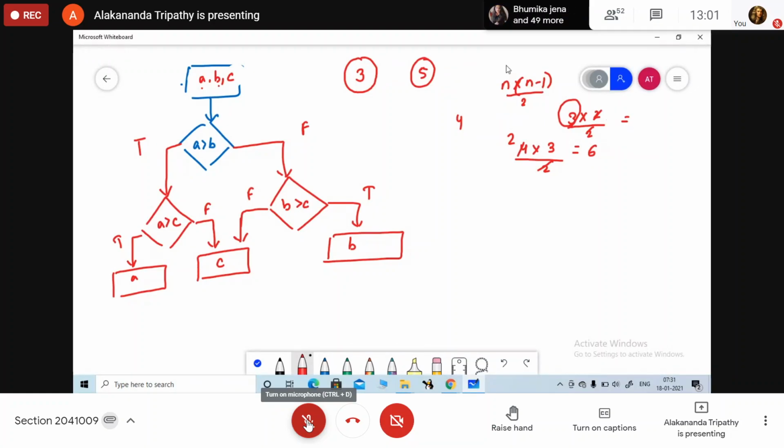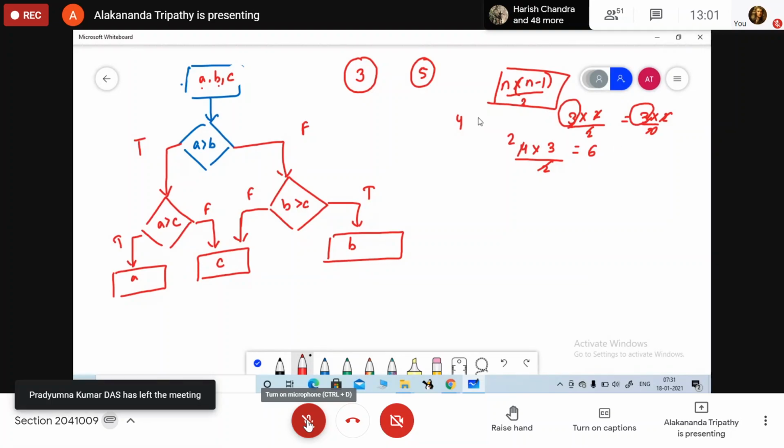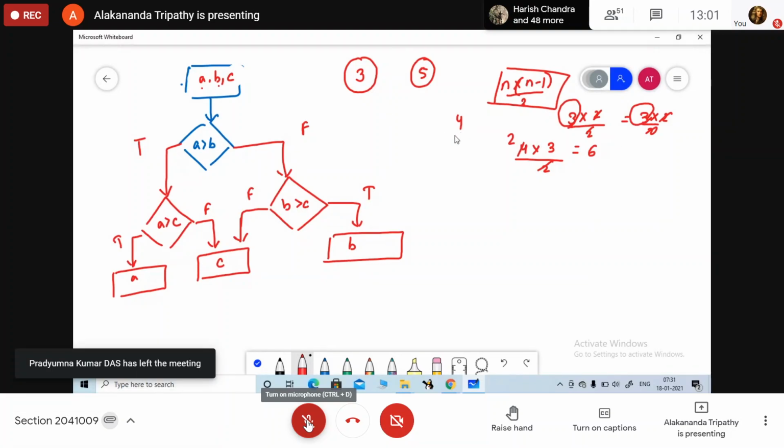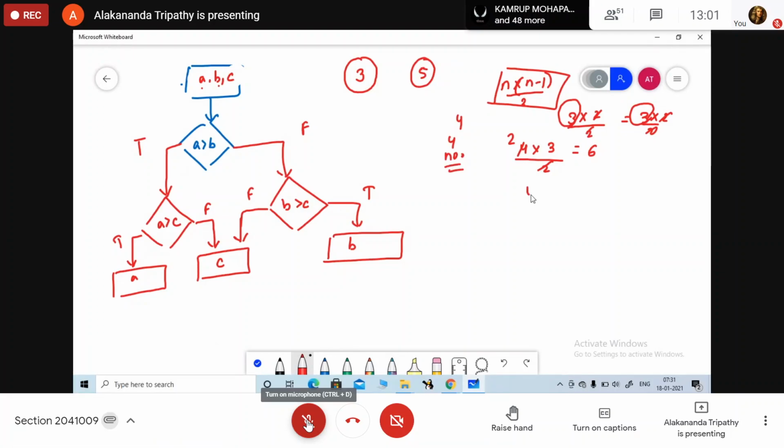3. So I have written this formula: N into N minus 1 by 2. So 3 into 2 by 2, what will be the value? So if I am going to check the largest among 4 numbers, how many decision boxes are we using? 6.